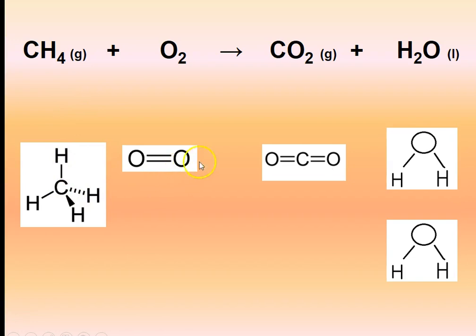If we look, we have the most number of oxygen over this side, so we'll count up how many we've got. So we've got 2, another 2, we've got 4 oxygens altogether. So clearly we needed 4 oxygen atoms on this side. They come in pairs. Each molecule of oxygen has 2. So therefore we need 2 molecules of